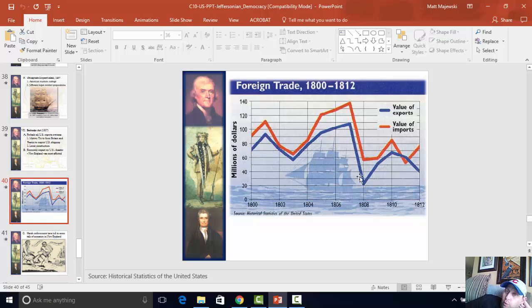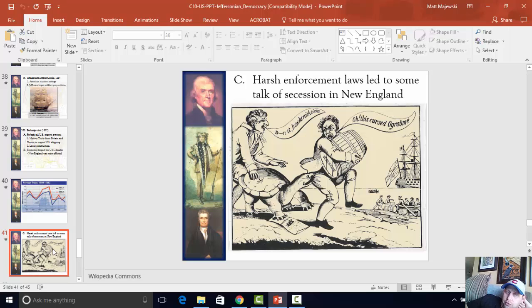We destroyed our economy by trying to show them, hey, we're a more important economy and you need us more than you think that you do. All right, bad miscalculation by Jefferson. I would argue his worst decision as president. On top of that, we have inspectors, customs agents that are enforcing these laws, refusing these merchants, these shippers, these producers from selling their goods overseas. And so what did some of these guys do? Oh, they tried to smuggle, they tried to resist, they tried to get around these laws.